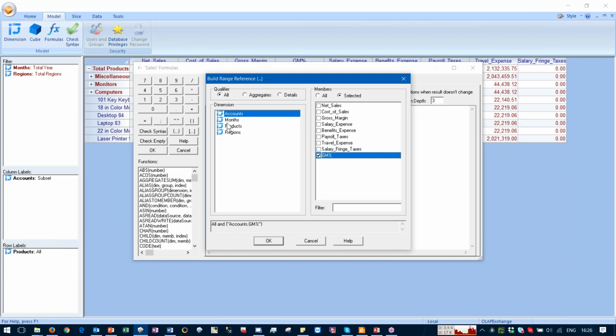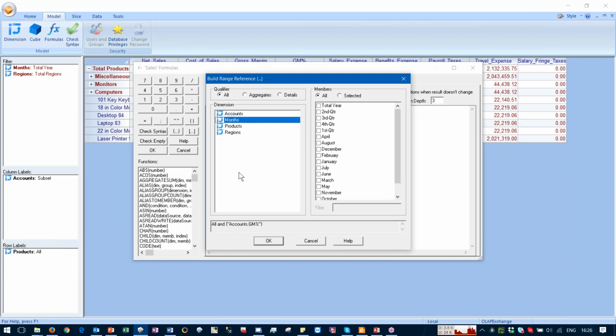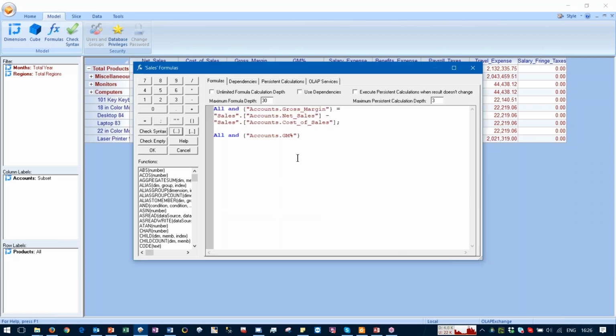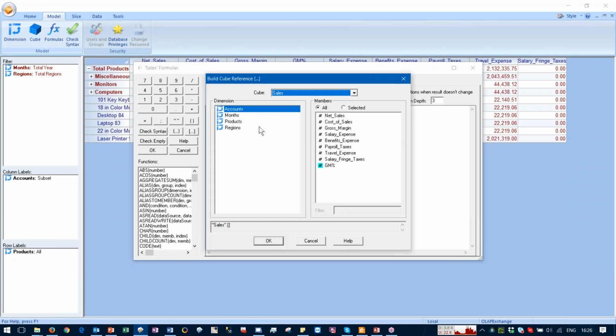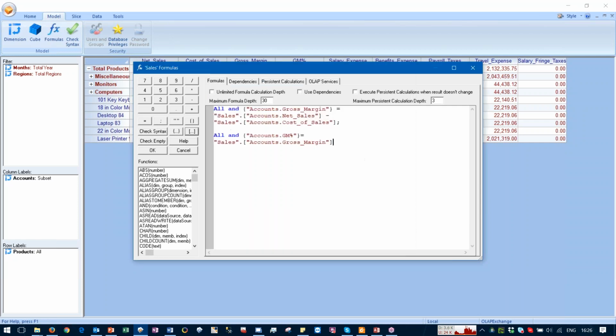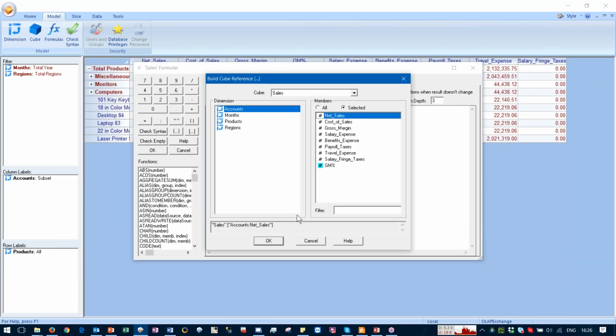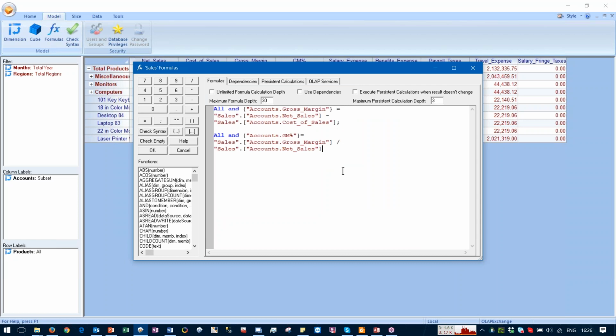Again, we're going to do it for all months, products, and regions. And that is going to be equal to gross margin divided by net sales. Put a semicolon, check syntax,